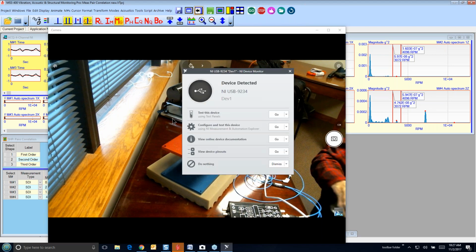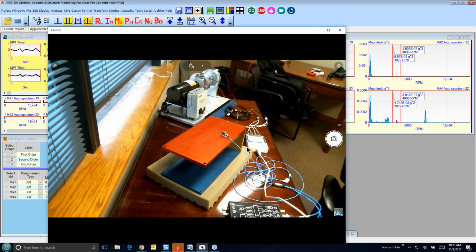So I've just attached a National Instruments 4-channel. This previous one was a Data Translation, but they're very similar. All we're doing is pulling the time records out of these analyzers into MEscope and doing all the post-processing there.